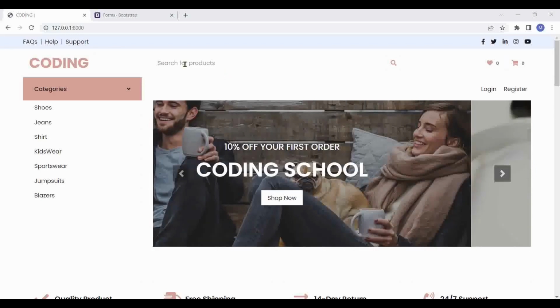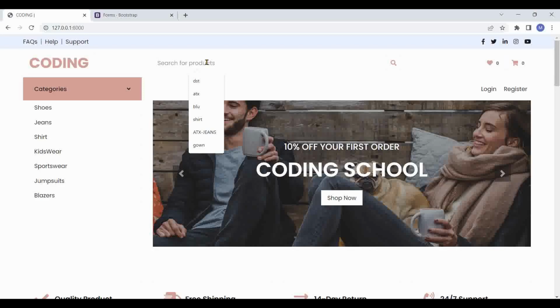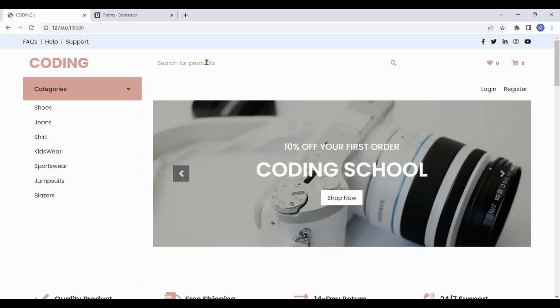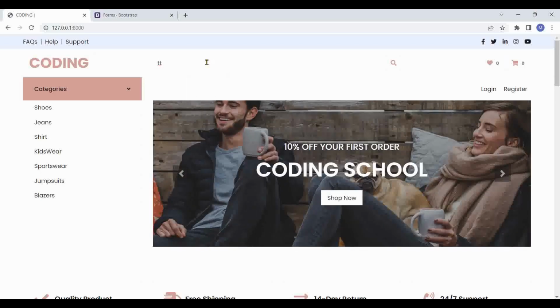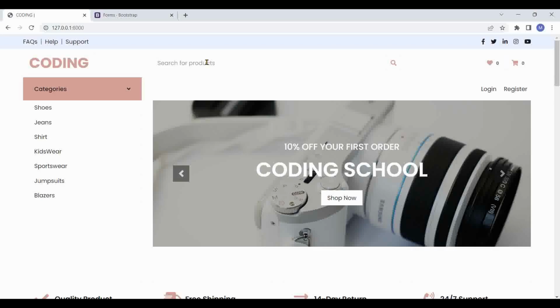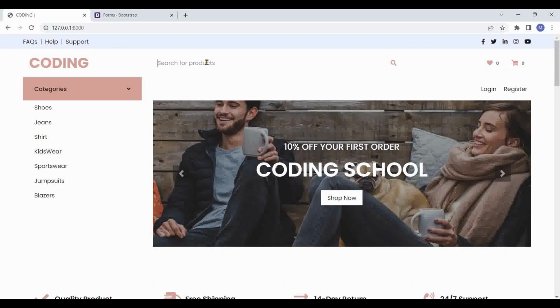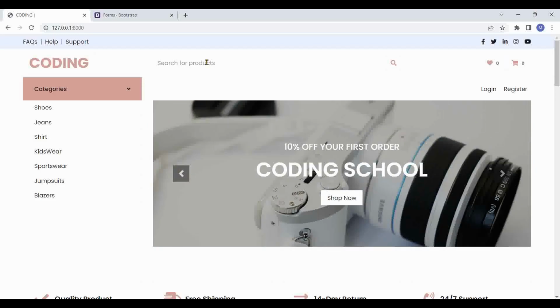Now, in this project, what we'll be building is the search functionality that when a user comes and searches for a product, you can search with the description, you can also search from the title. So, firstly, we'll just make a simple search where the user can just search for any keyword within the description. Then we'll now move a little to